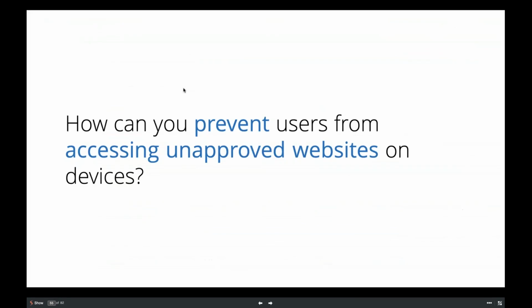The next case is, how can you prevent users from accessing unapproved websites on a device? This again can be controlled. So let's take the previous scenario itself. You're going to restrict your users from installing unapproved apps, which means only the default browsers would be present on the device. And you would also like to lock down these browsers in such a scenario wherein they cannot